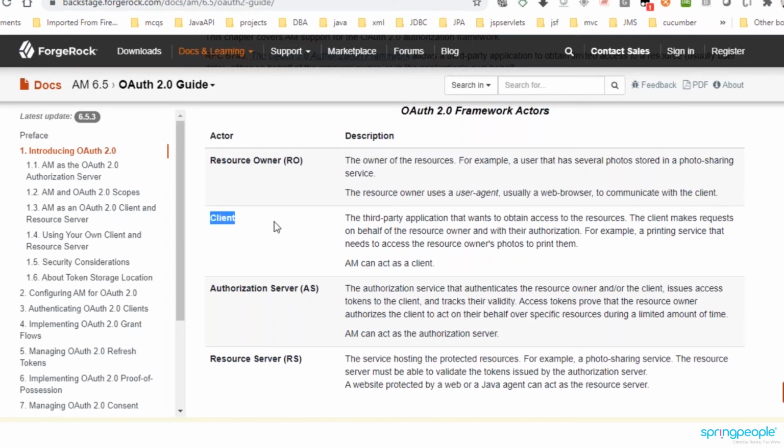And you will have a client, which is a third party application that wants to obtain access to the resources. If somebody requests to access your resources, they will be a client. And you will have the authorization server, the authorization service that authenticates the resource owner, and they will provide the tokens to the client and track their validity.